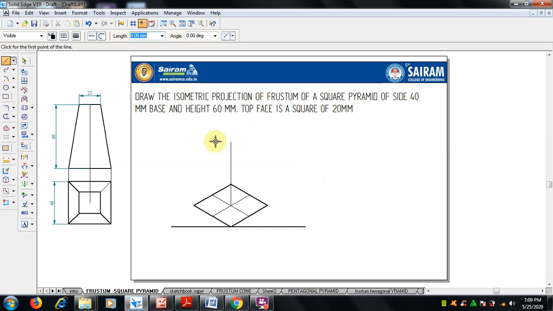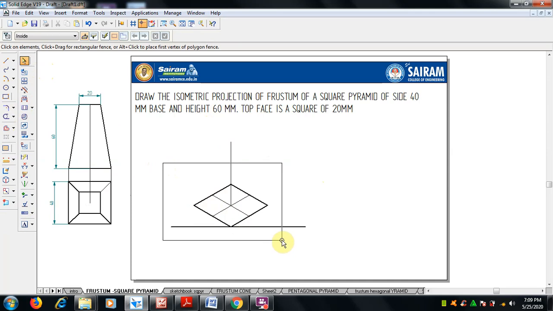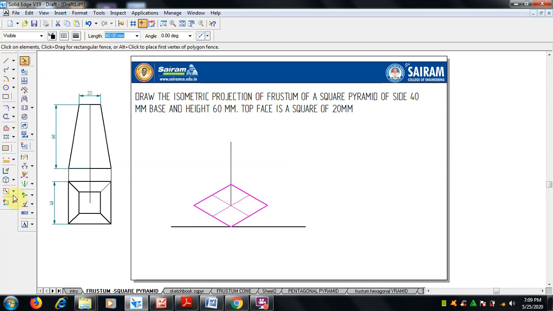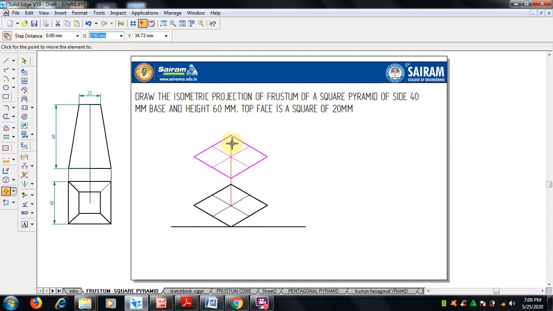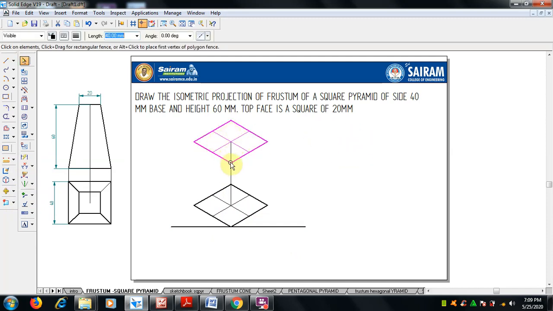So here this square of 20 has to be drawn. There are 2 or 3 methods. What I can do now is just select the bottom square. Okay, I'm selecting the bottom square, and I can move a copy from this center, from this point to here at the end point. Just I moved here. In this, a small square, that is the 20 square, has to come.